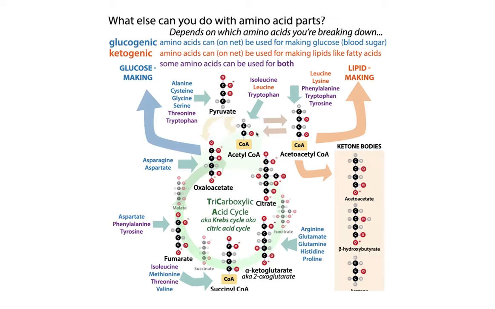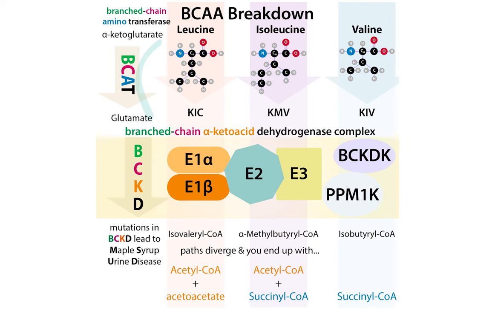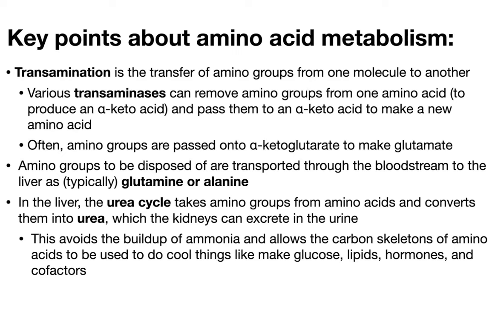Some amino acids can be used for both because they can be broken down into multiple products, as is the case with some of our branched chain amino acids. Amino acids can also be used to do things like make hormones, make various cofactors, all sorts of things that we can do with amino acids. And many of those things that we can do with amino acids require the